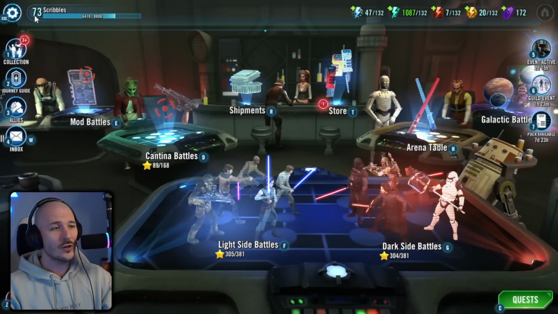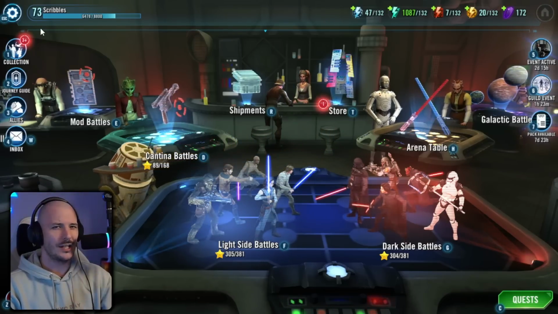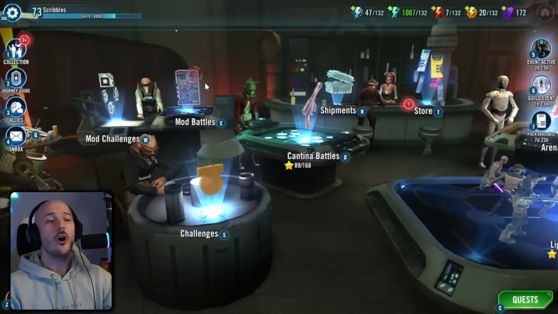It used to take like 2.5 months to get to 73, or 2 months and a week, something like that. And I've done it in about 8 or 9 days. Absolutely flip incredible. And you can see over here, I've got over 1,000 mod energy right now because honestly, I